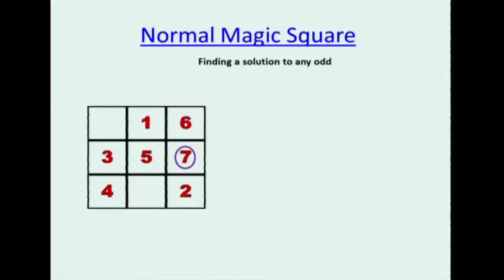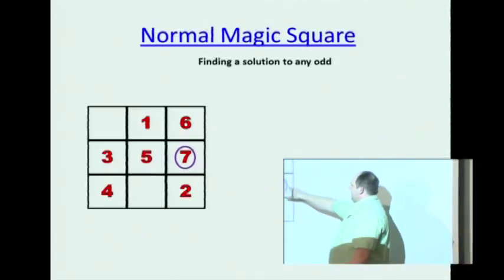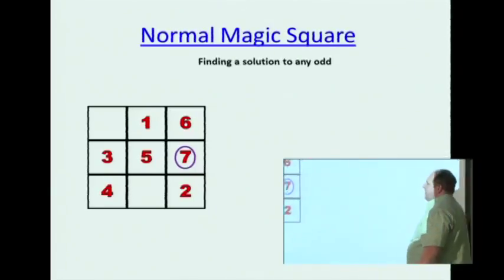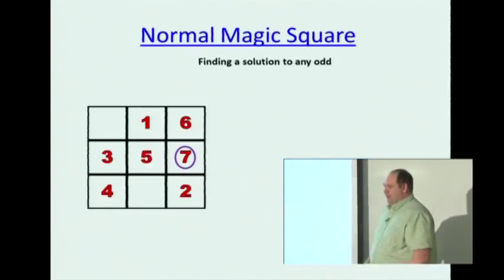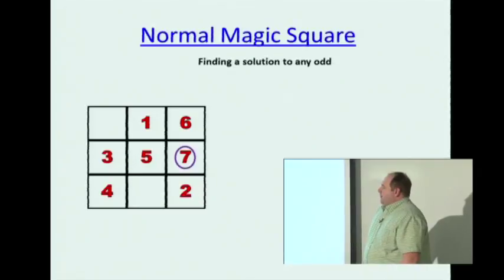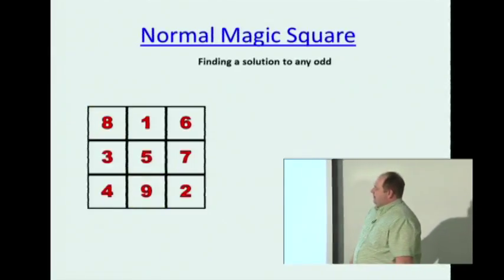Yes, sir? How did you know to start with 1 in the middle in the center? Ah, that's the secret. You have to start with the 1 in the middle on the center. Okay. That's the secret. It could be on any of the edges in the center. Yes, as long as you think of it, if you start here and start there and go. But you have to be careful because then you have to think of it as like a reflection, so you have to be a little careful. I always start with it on the top because it's easiest to sort of keep track of what's going on. Yeah. So this makes, in this case, a 3 by 3 magic square.